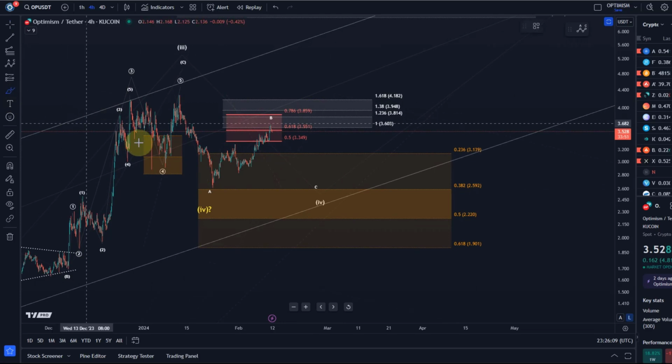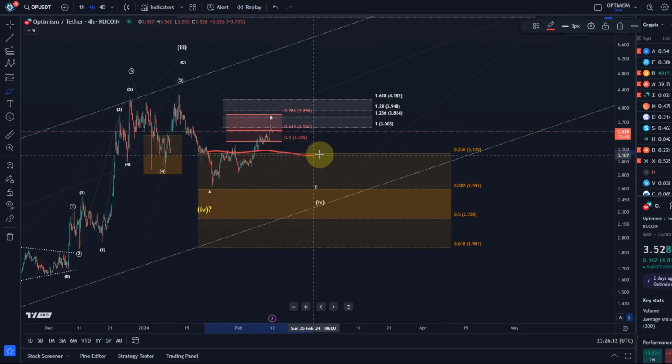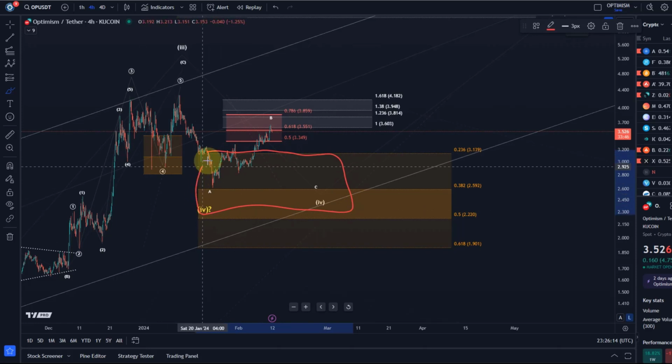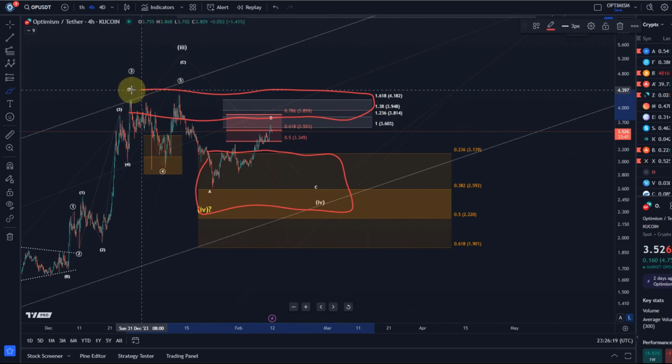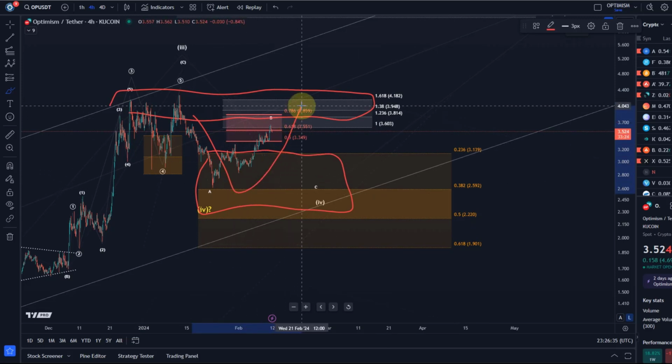Technically speaking, this was the area to add positions, to scale in. And now you might define a resistance area maybe somewhere up there. It's just a suggestion for tactics. I'm not telling you what to do, but it is technically a range now between, let's say, $4.18 and the last swing low, or even the 220 level, and then basically buying as it dips, selling as it goes higher, because this is going to be a range, and it only changes once we have the first 5-wave move to the upside.